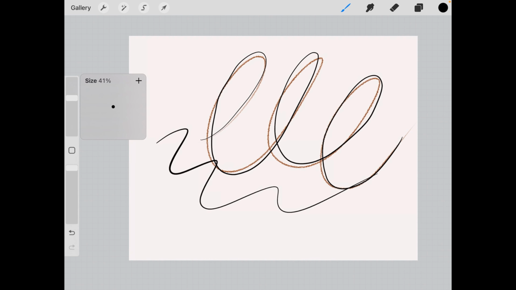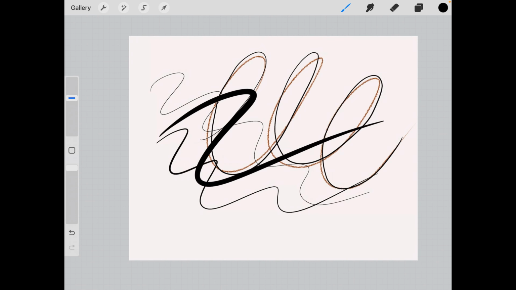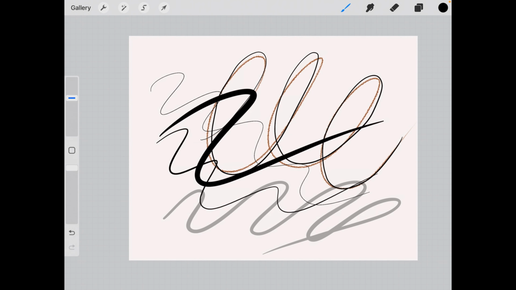All I have to do is, when I was at the 40, if I want to keep it at that same size, I just tap on that rectangle and click on the plus. So now even if I reduce the size to do a few strokes and I want to come back, I can just tap on that and I'll be back at the 40%. And the same thing is also applicable for the opacity. If I reduce the opacity, it will be more transparent. If I increase it, it will be more opaque.